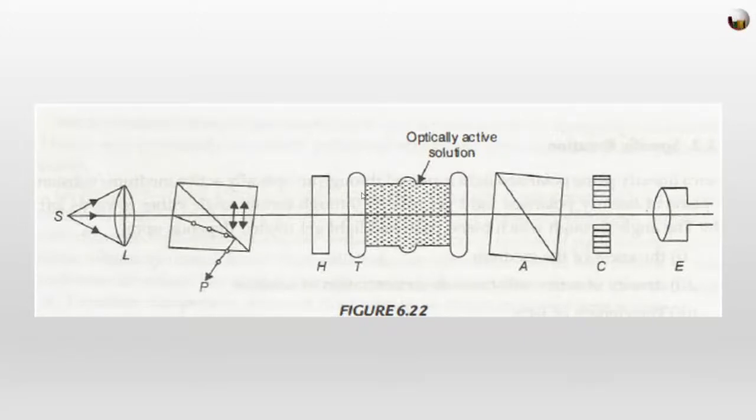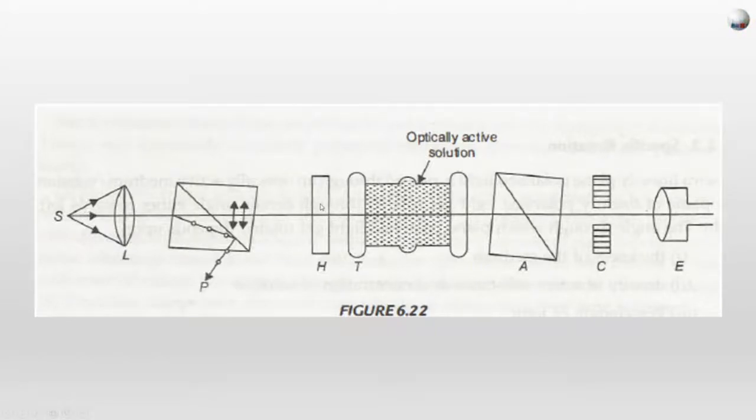The light after passing through T is allowed to fall on the analyzer Nicol A, which can be rotated about the axis of the tube. The rotation of the analyzer can be measured with the help of a circular scale C, and this E is the eyepiece. To understand the need of a half-shade device,